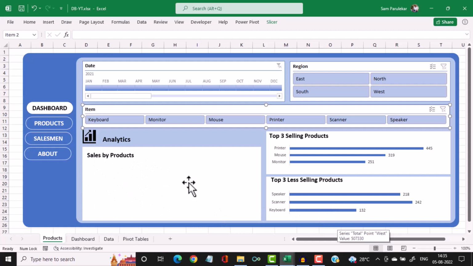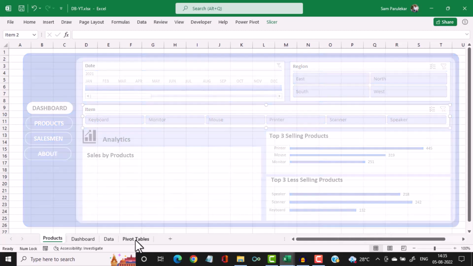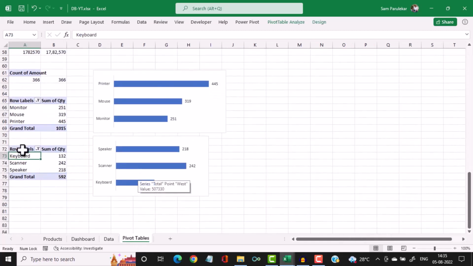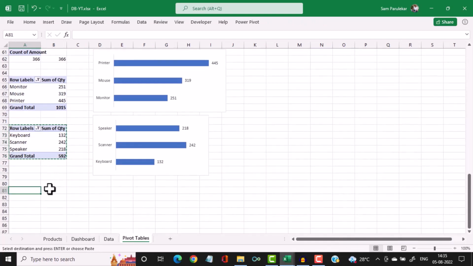Now we come to sales by products. So again we click on pivot table and we copy this pivot, Ctrl C somewhere at the bottom, and we